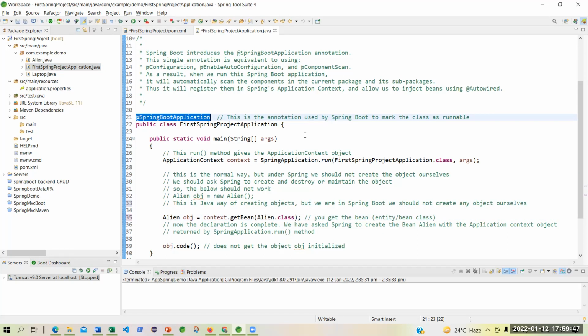Container means it is a place which will hold something, isn't it? Think simply in real life terms. A container is like a bucket. If it is storing water, then it is a water bucket. If it is storing oil, then it is an oil bucket. What is this Spring Boot container containing?